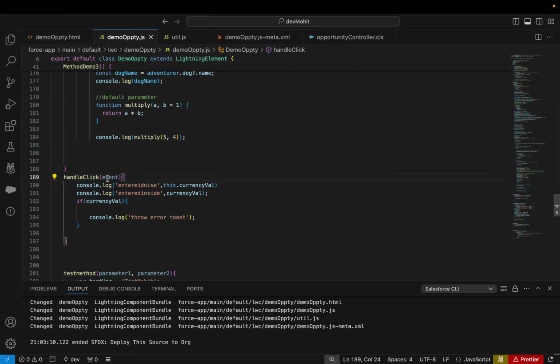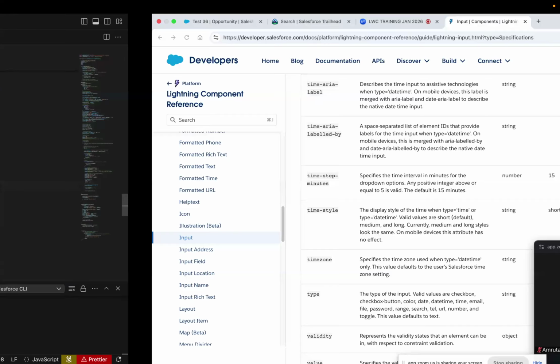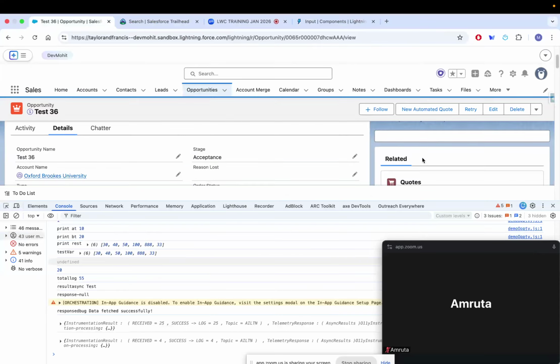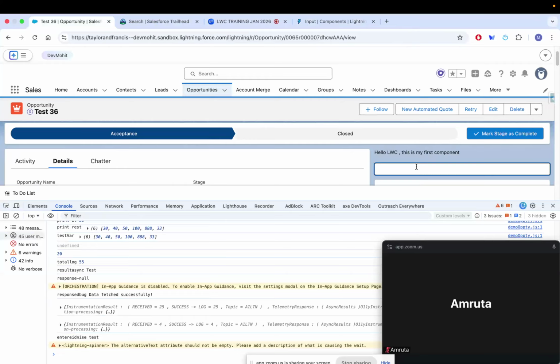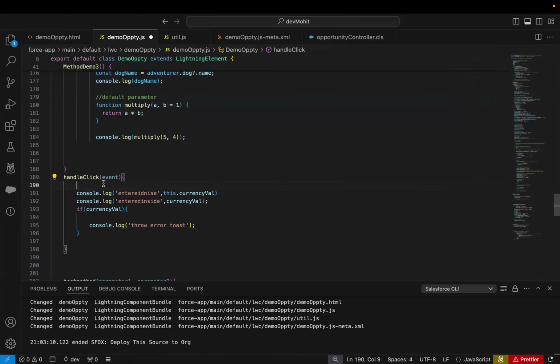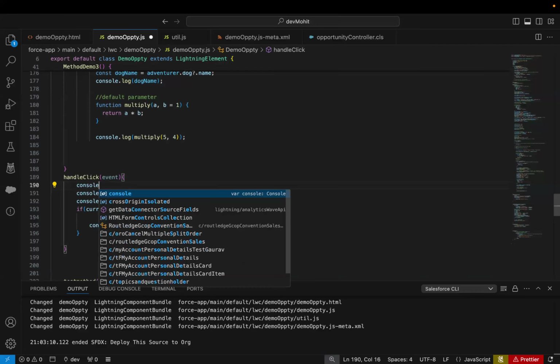The significance of using this event is if you are passing any value. This is an input field, so I'll be entering some value over there. Here, test. I want to capture this value. So I can capture this value with the help of,